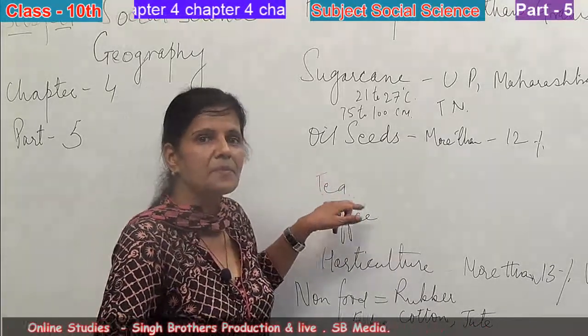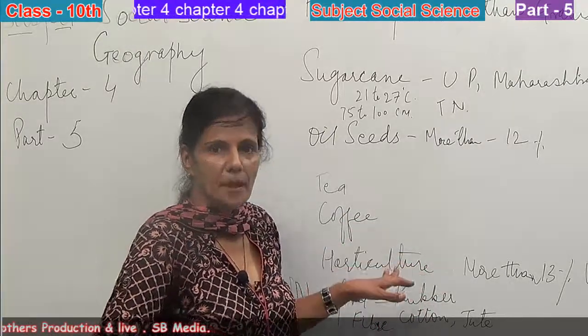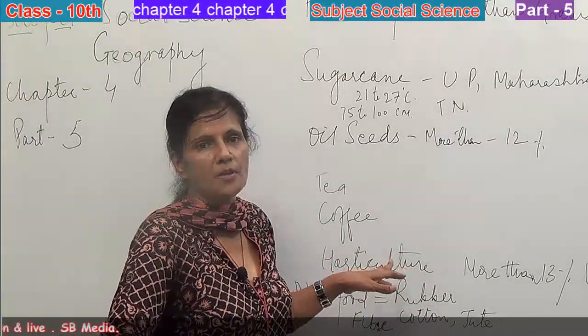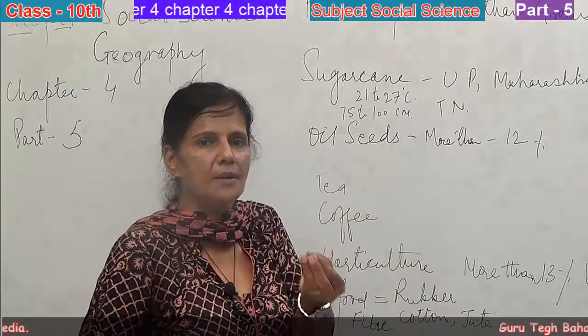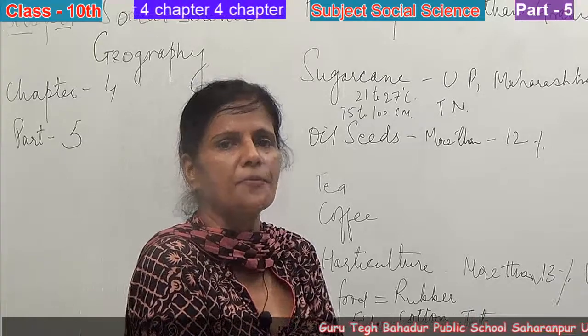Assam is the largest producer, followed by Karnataka, Kerala, Tamil Nadu. These are very important, and minor are Uttarakhand and other minor states. So tea is very well known, and to retain its fragrance,